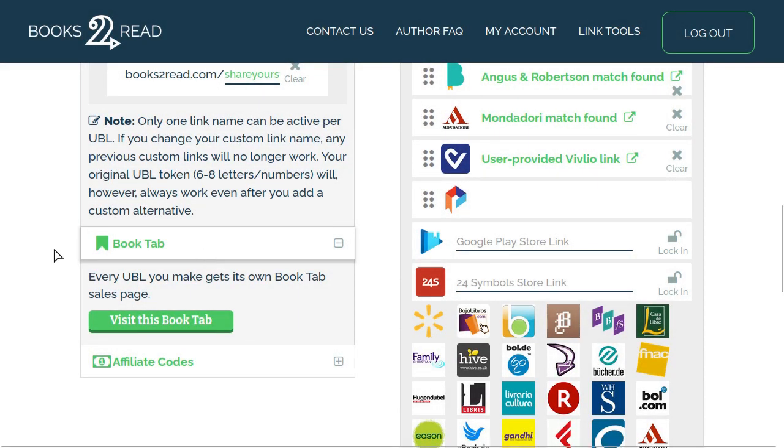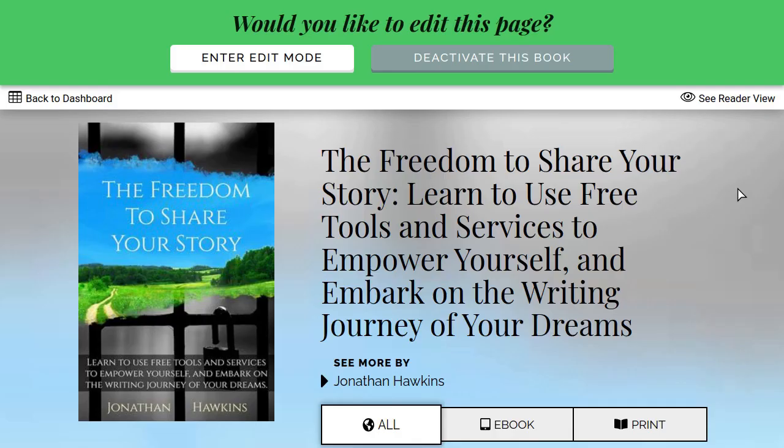On the left, you'll see a section that says Book Tab. If you click Visit this book tab, it will take you to your book's specific page. If you would like to make changes to what you see, you can enter Edit mode, and if you would like to see what this page looks like for the average viewer, you can choose the See Reader View option